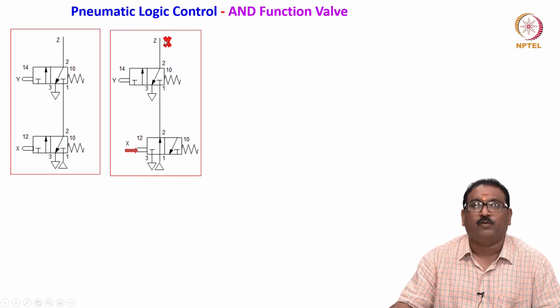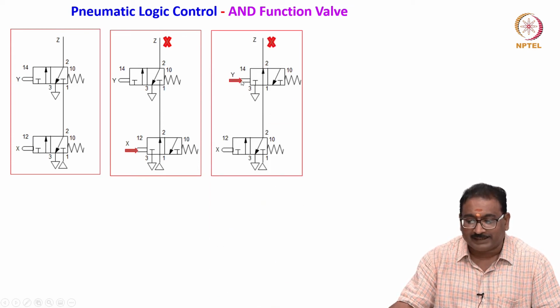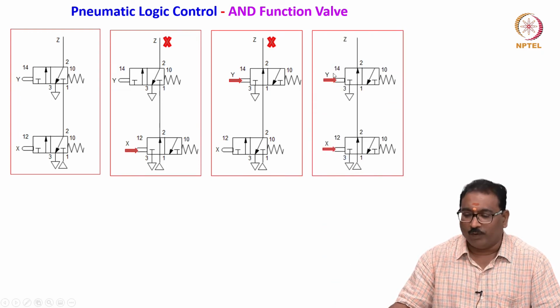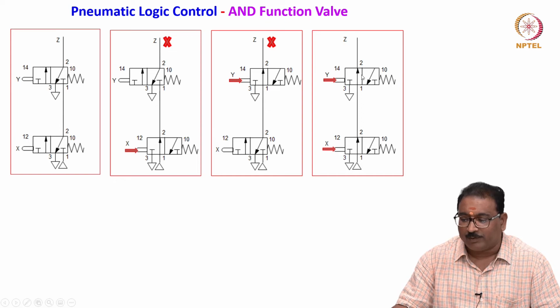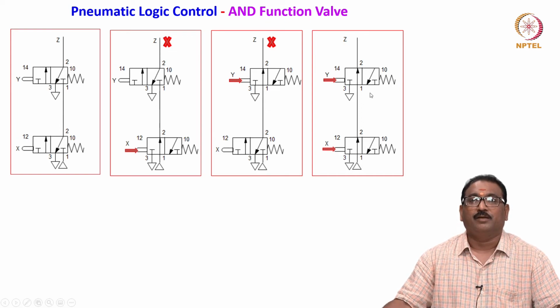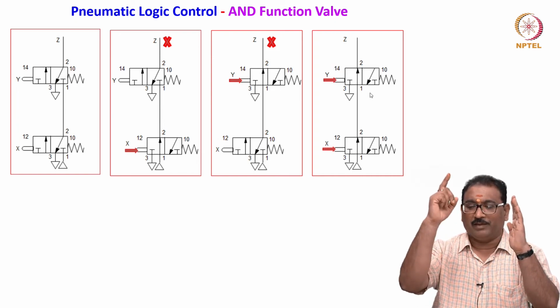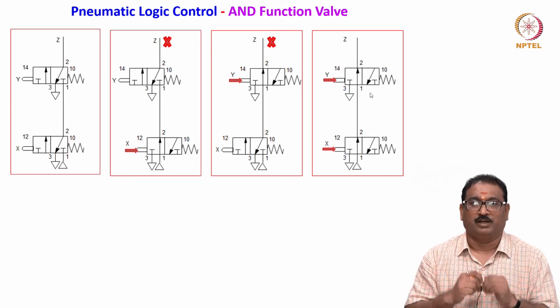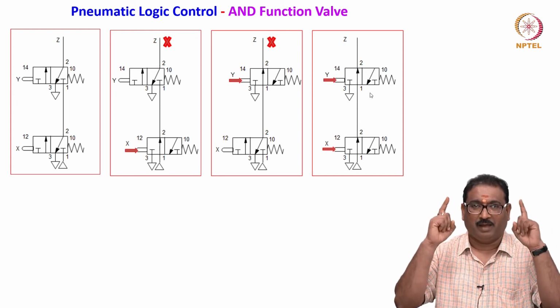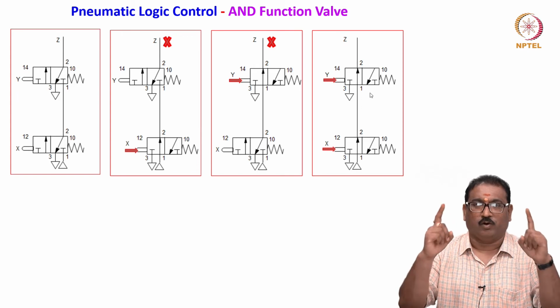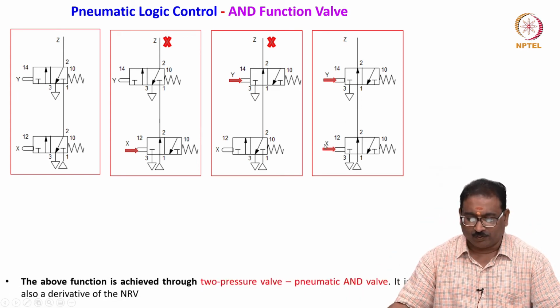When I receive the flow at Z here, if you press only this, what happens here? It is a null position, it will not, correct? It will receive the flow only when you press both 3/2 DCVs. You have to press both 3/2 DCVs, only then will Z receive the flow, otherwise no. Meaning, it is an AND function. Please remember, what is this? AND function valve. How is it? I will show you here.